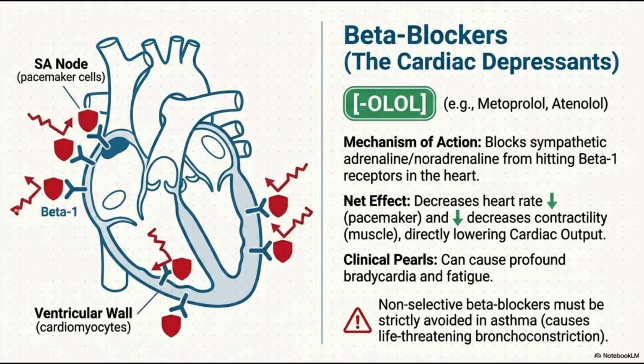Red shields are shown blocking beta-1 receptors on the SA node, the pacemaker, and the ventricular wall, the cardiomyocytes. The mechanism: beta blockers, -olol, like metoprolol, block sympathetic adrenaline from hitting these receptors. Net effect: this decreases heart rate and contractility, lowering cardiac output. Clinical warning: non-selective beta blockers must be avoided in asthma, as they can cause life-threatening bronchoconstriction by blocking beta-2 receptors